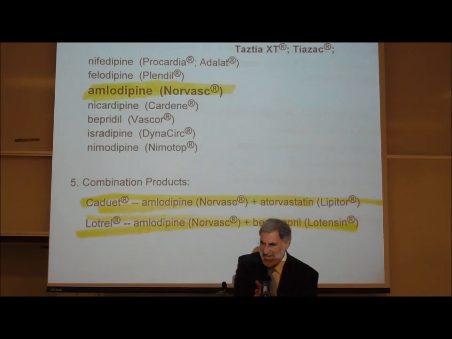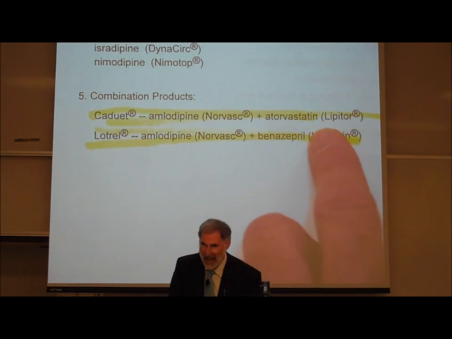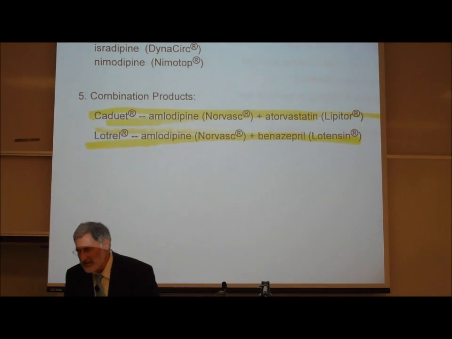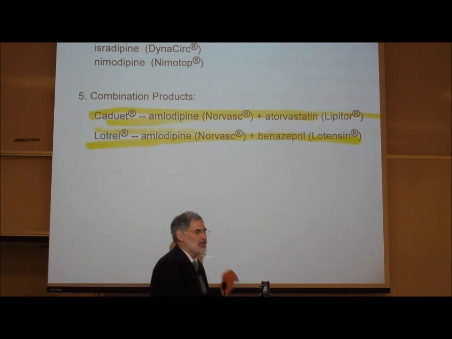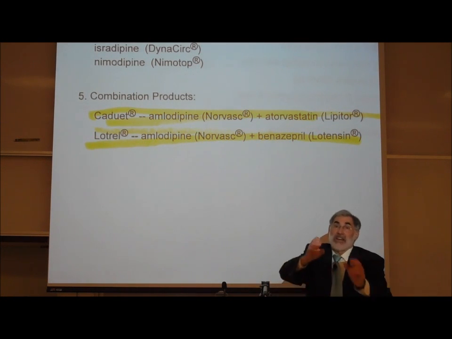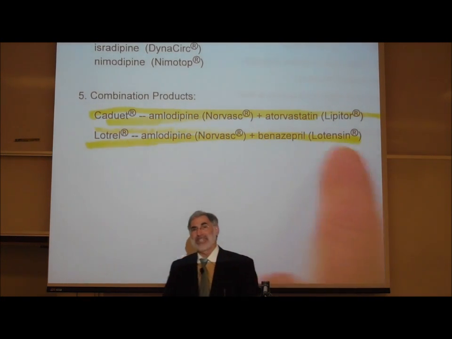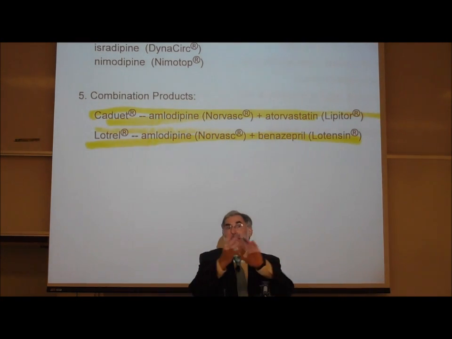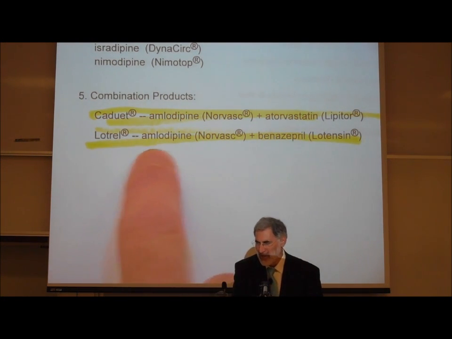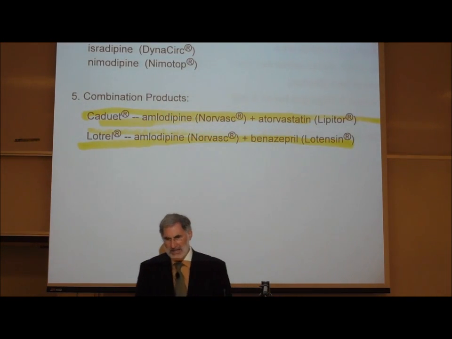This is where they combine a calcium channel blocker with a statin drug, like atorvastatin or Lipitor. After all, if one of the main uses of calcium channel blockers is to control angina pectoris, the reason why somebody is developing this pain in their shoulder is because their arteries are clogged up with fat, with cholesterol. So they should also be taking Lipitor. So they can just combine them in one pill, so it's got both. Here is where they've combined a calcium channel blocker with actually a diuretic drug.